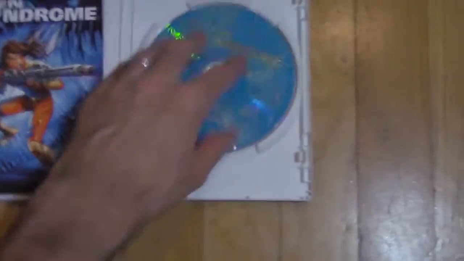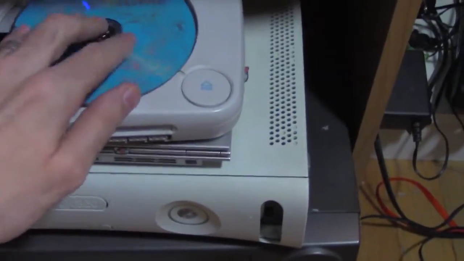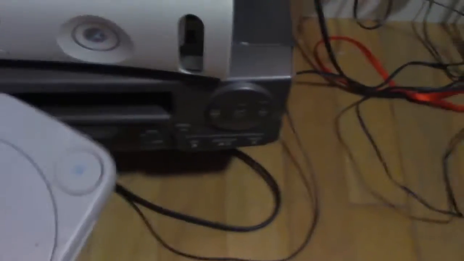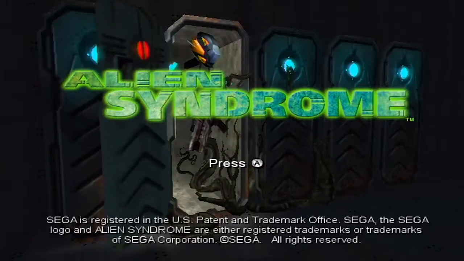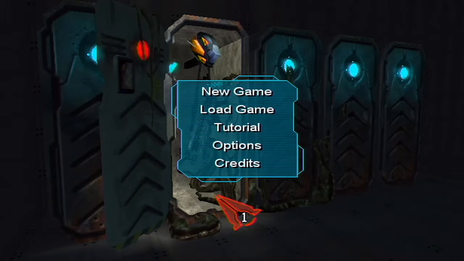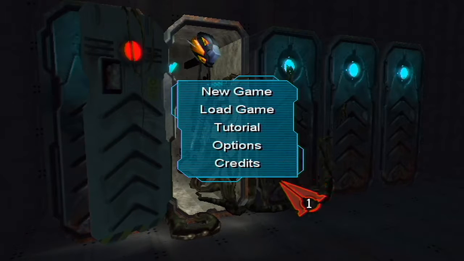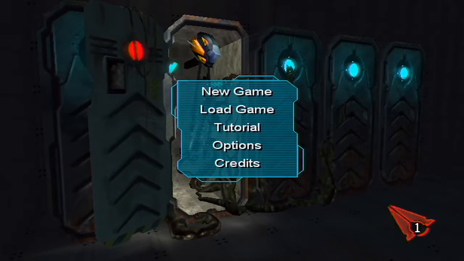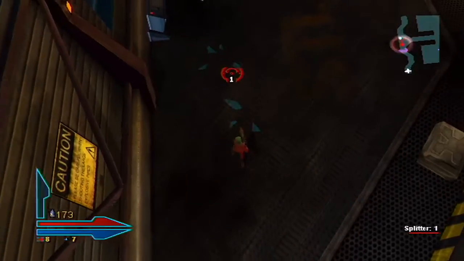I know how this works. Excellent. Alright, so let's get going with this Alien Syndrome game, and... Hey, wait a second. What are you doing? Settle down. This is how it's gonna work. Oh, okay. Right. Gotcha. Alright, new game. Forget tutorials. We'll just get in here and...